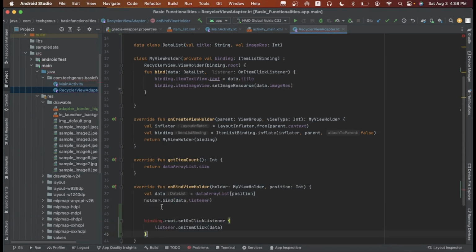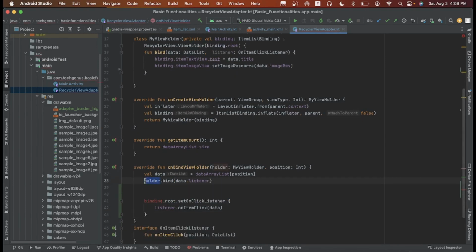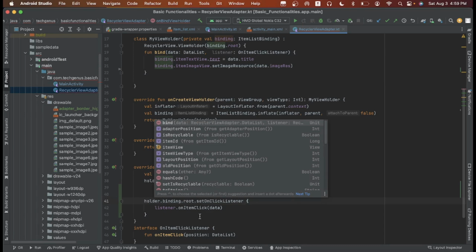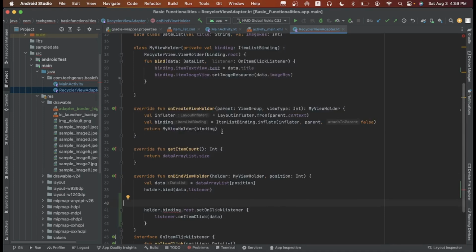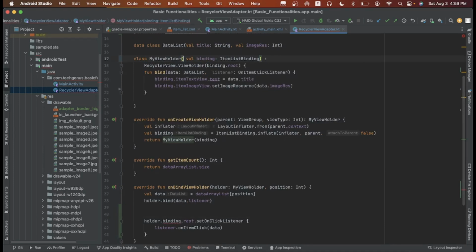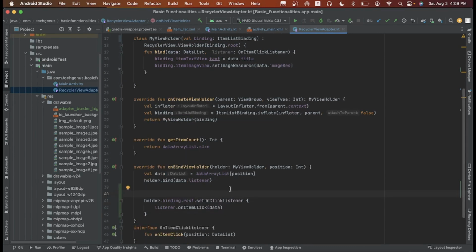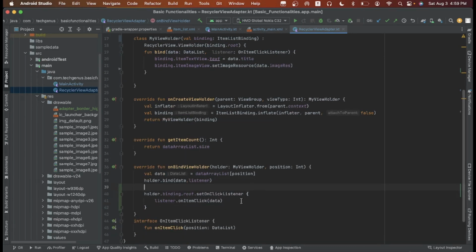Let's paste it, then copy this holder. We must also declare this as public so we can use it. Alright, we already fixed the error.